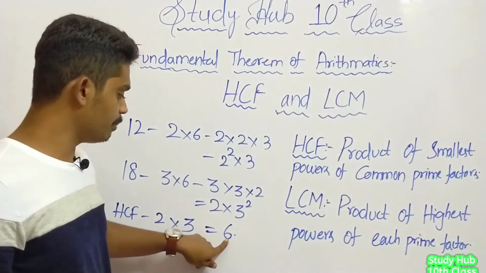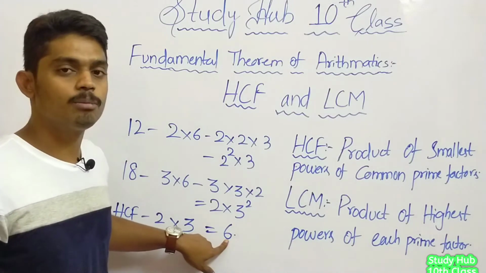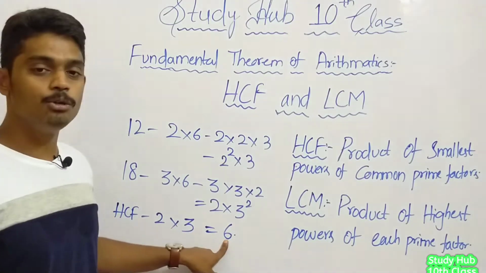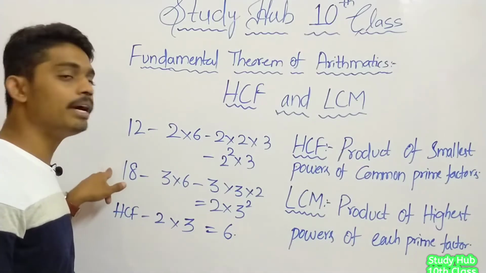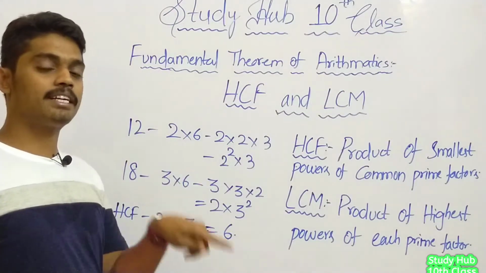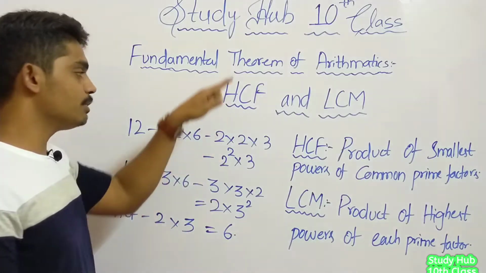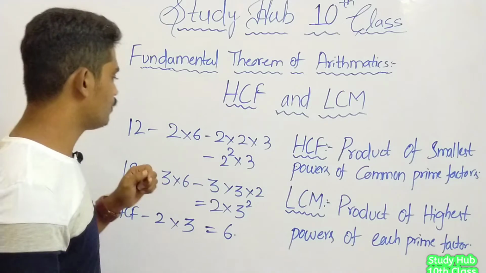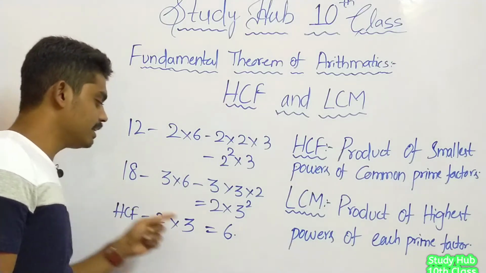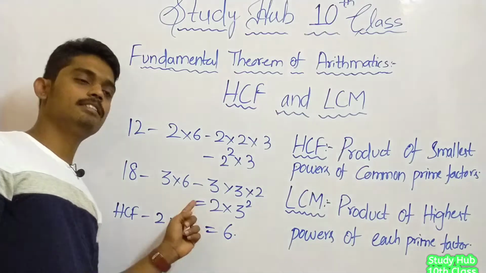If you remember, friends, in our last topic when we discussed Euclid's division lemma, we found the HCF of 12, 18 by using the normal factorization method and also by using Euclid's division lemma. We took a equals bq plus r in that form. So here also for 12 and 18 we get the HCF is 6.